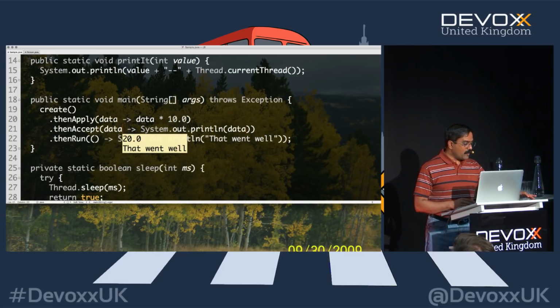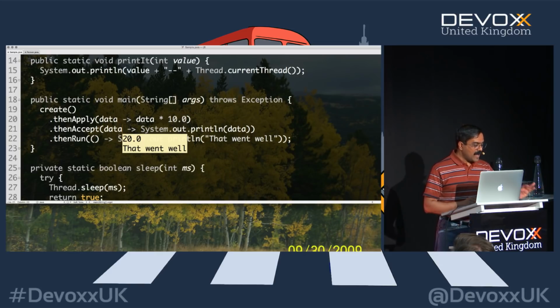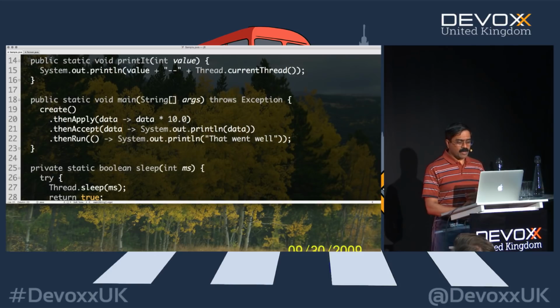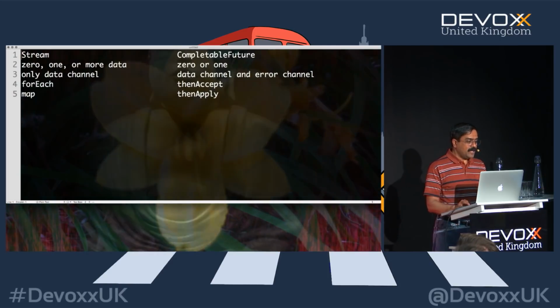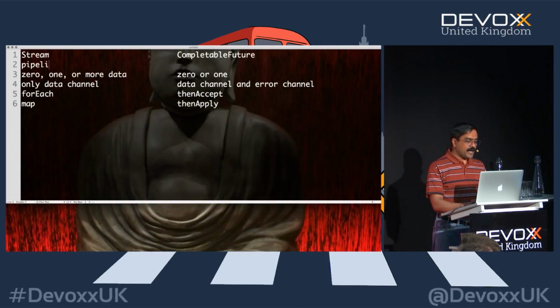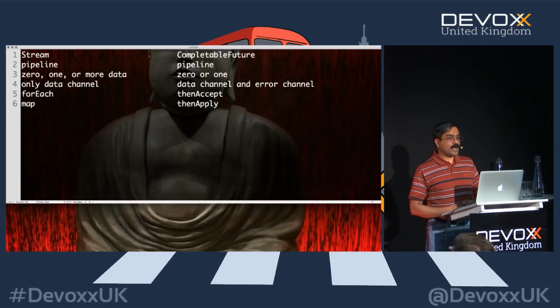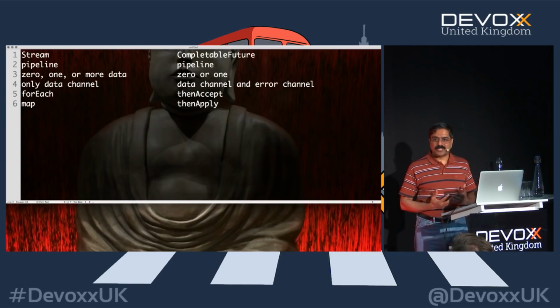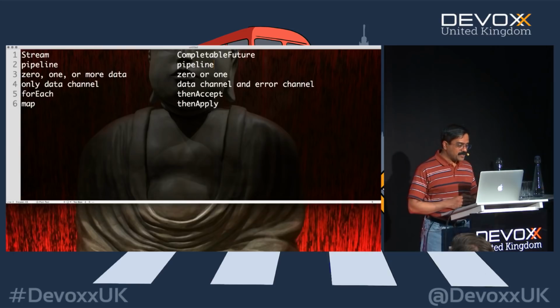But if you were to provide the type in your code, you would have to deal with it depending on what you're trying to do with this operation, or if this was specific to one type versus the other. So this gives you a nice pipeline. Another point is that both of them provide a pipeline for you. The stream provides a pipeline. The CompletableFuture also provides a pipeline for you. That's a nice little pipeline in both of those cases.